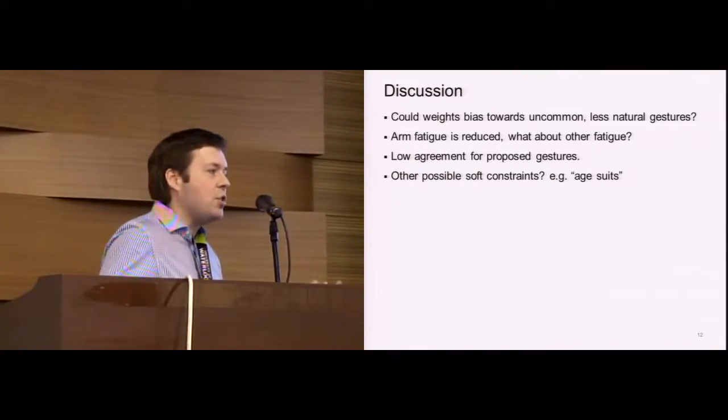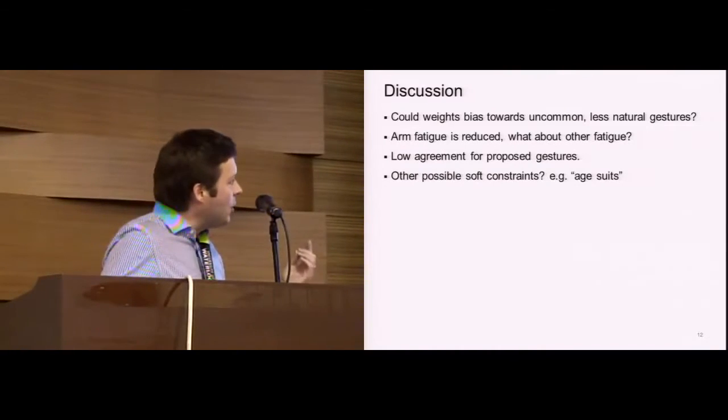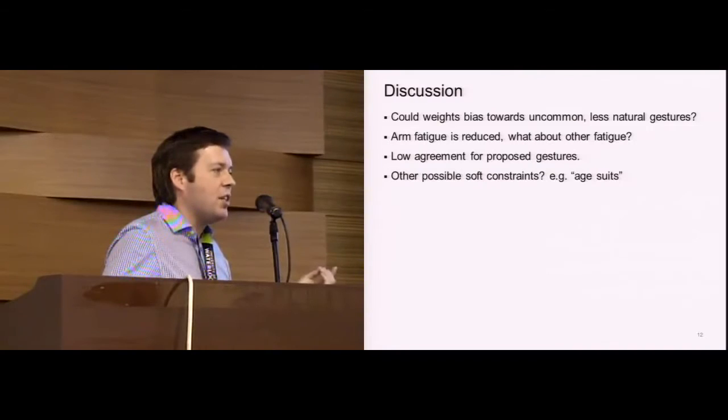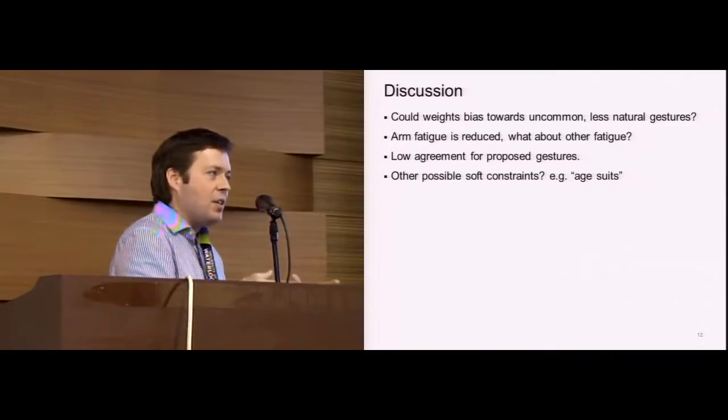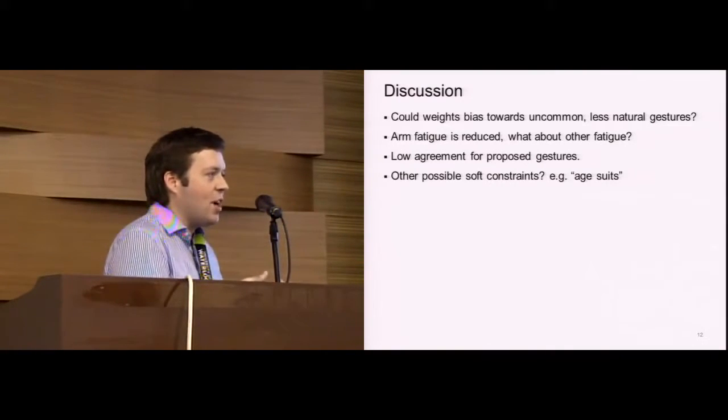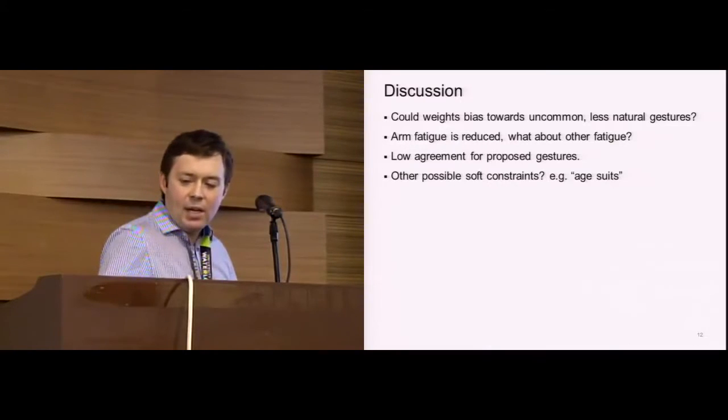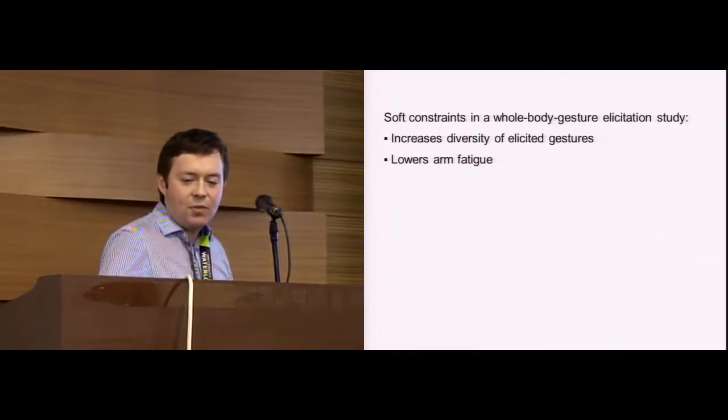The last thing I'll call out before concluding is that there's a really nice discussion section in this paper. I read the paper a couple of days ago, and I had a chance to look at the discussion section, and I think it's really nice. It talks a lot about the potential biases that may be added by soft constraints, and a little bit about more generalized soft constraints. So I thought that was a really nice part of the paper, and I'll point that out for you.